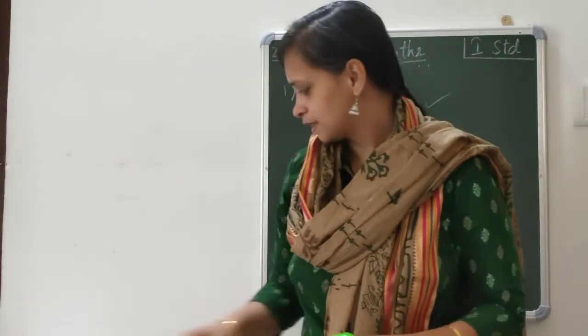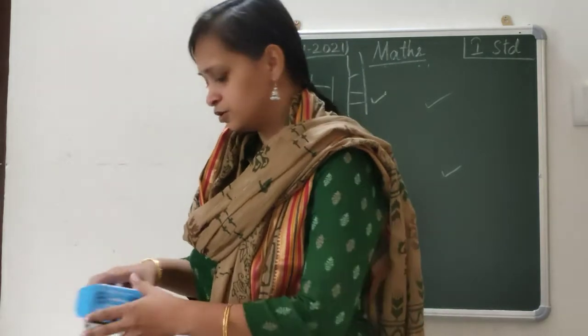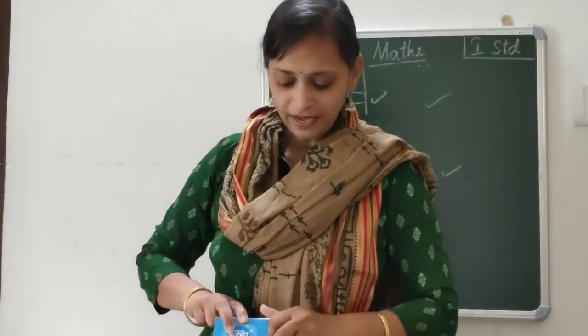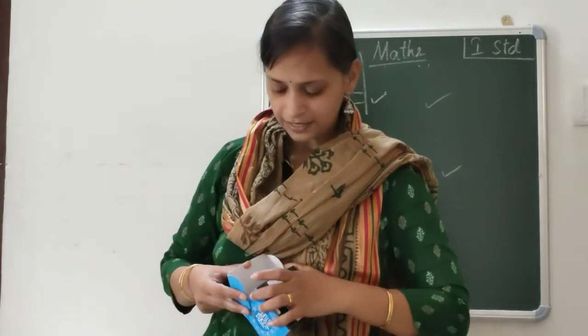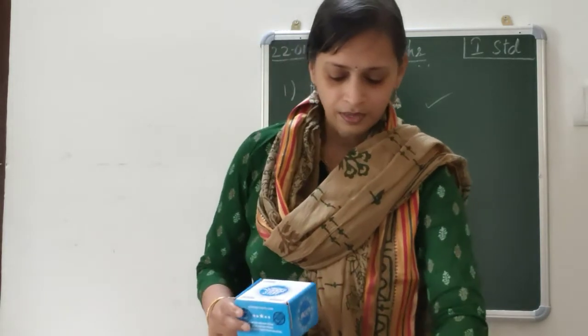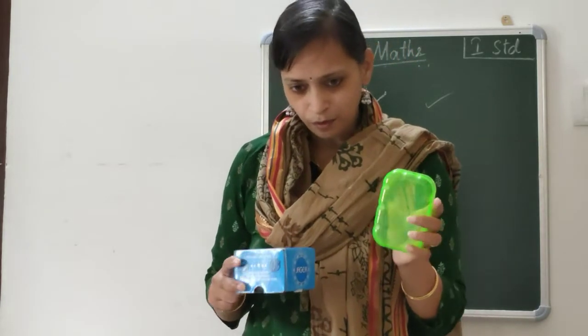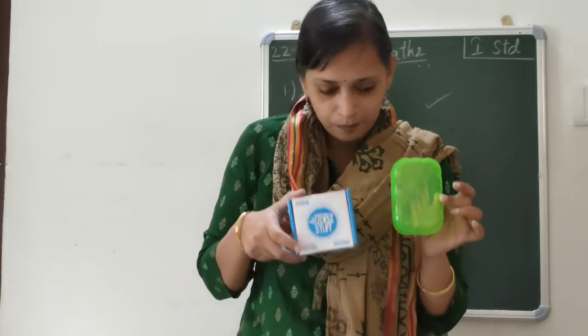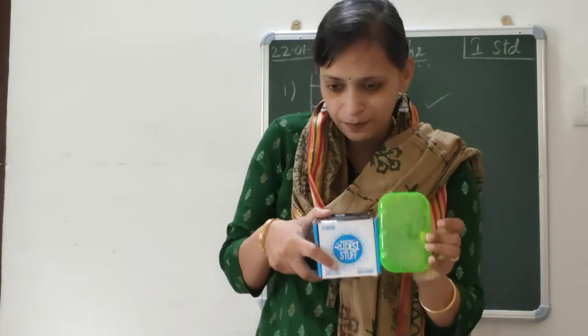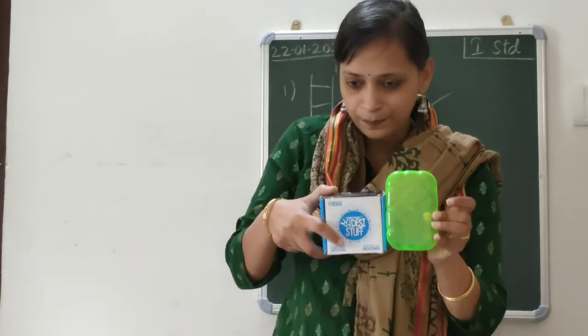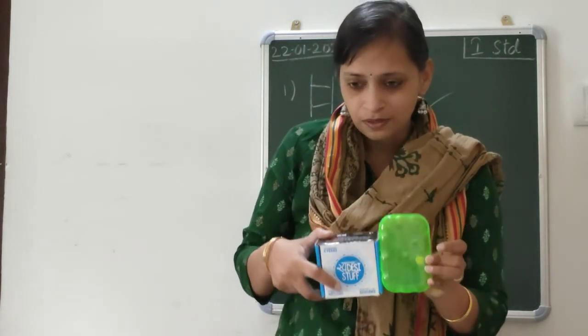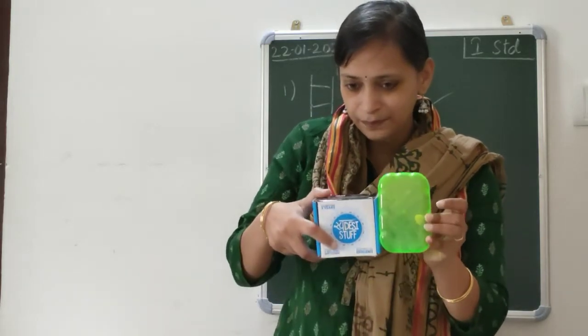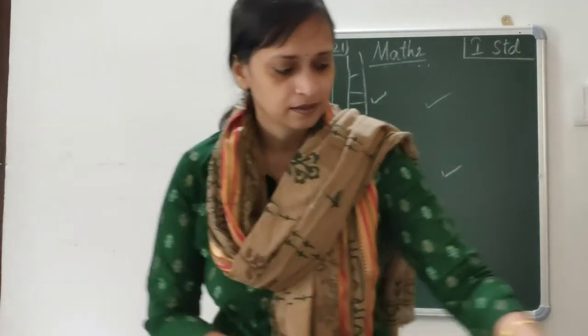See? You can use a scale, but if I already have two things here, I have a box here, I have two boxes here. Okay? So if I have to compare both, I can keep them next to each other. By keeping them side by side, I can compare which is longer and which is shorter. That is what they are telling in this.